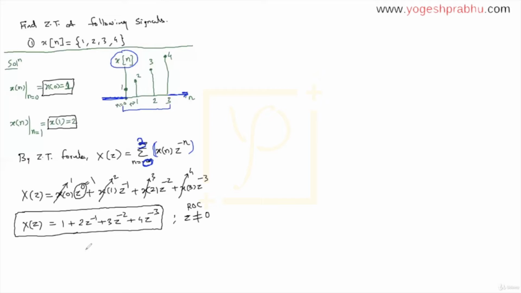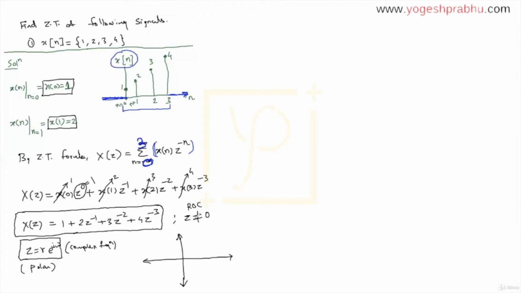Now I'll show you what the Z plane looks like. I already told you that z is r e raised to j omega. So it is basically a complex number. To be very precise, it is complex frequency. And because it is a complex number, it will be two-dimensional. So this will be real and this will be imaginary. But instead of writing it in terms of x and iy, which is how you usually write a complex number, we write it as r e raised to j omega. This form is called the polar form.